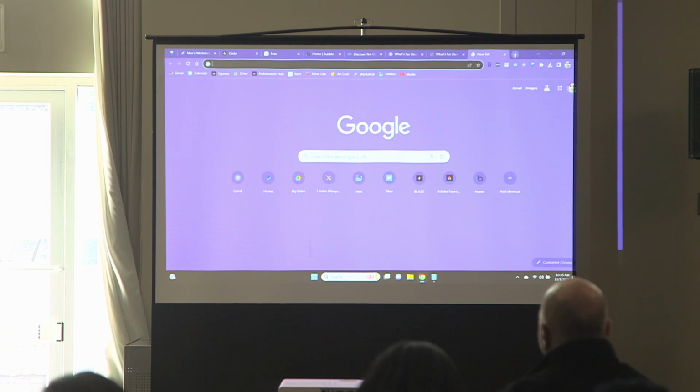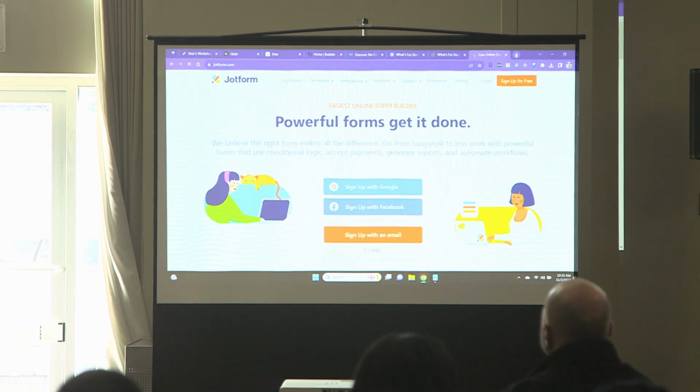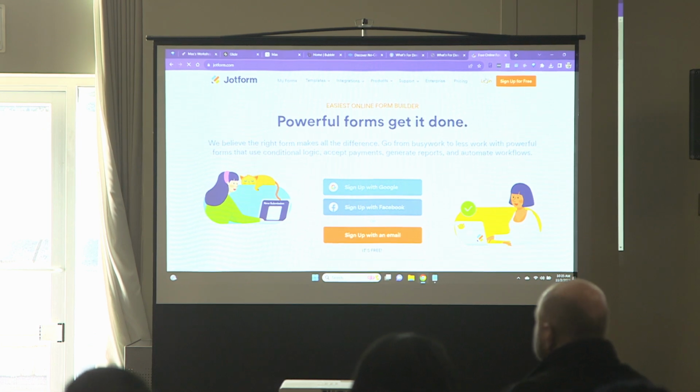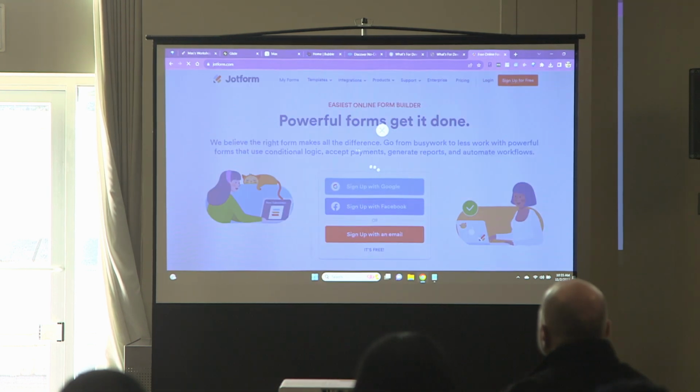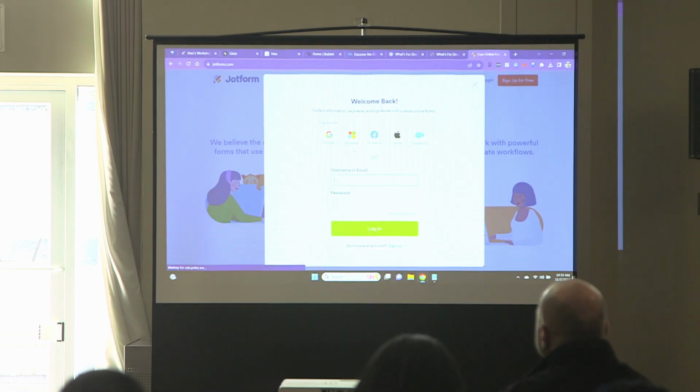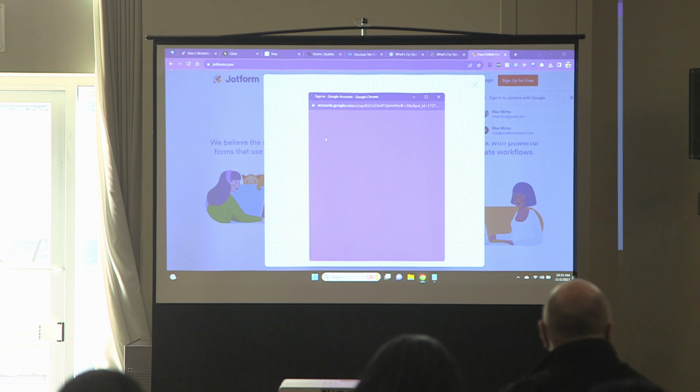So I think that's what we're going to try to do. The form tool that I'm going to use for this, I think, is JotForm. I like JotForm. I did work with them for a while. They're a super cool company, and they're very supportive of open code space. But there's literally 1,000 form tools that you can use for this, whatever works for you.